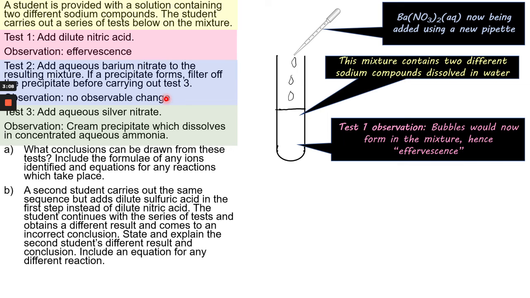So it might occur to us that nothing has actually happened, but can we really tell that, because we can't see exactly with our own eyes what's happening at atom and molecular and ionic level. So what we say is no observable change. So test 3 is adding silver nitrate in aqueous form. So a third of the solution now, still added to the same test tube. New pipette with new solution,